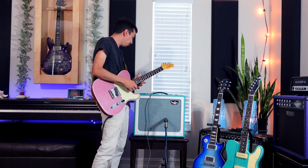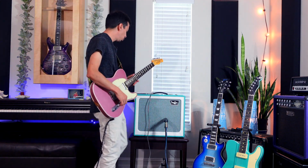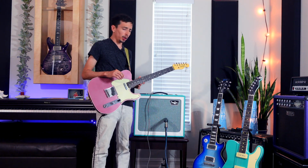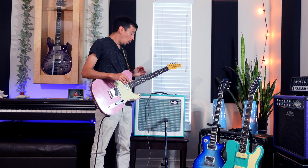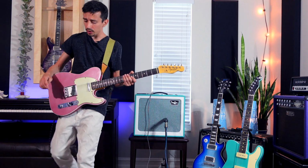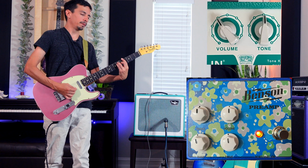Bass starts to get a little flubby, I do notice with this amp. The more gain you push through it, at least with the Telecaster, which might not bode well when it comes to the Les Paul, because obviously that's going to have a little bit more bottom end to it. But overall, I think this really nails the classic sound of a Telecaster. I feel like if you just had this amp, one overdrive, like I really like the Benson with it a lot, just very slight coloration here. Before, so if I just do a...